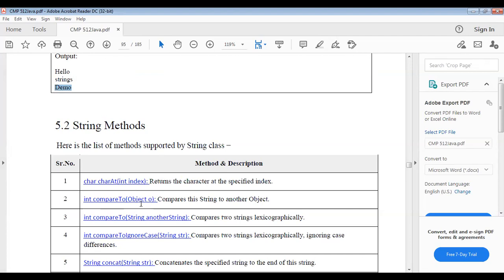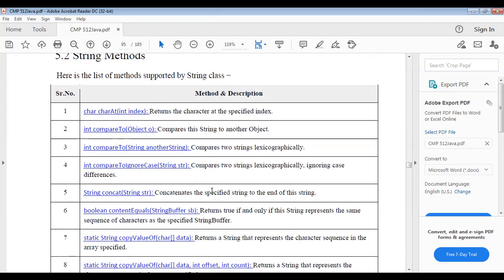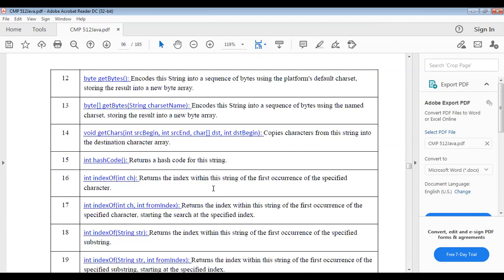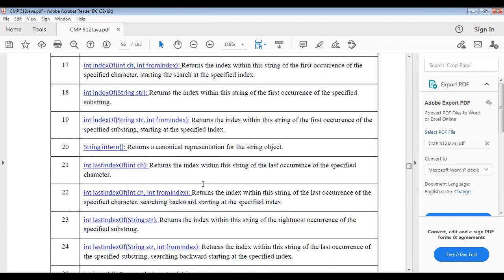Int compareTo compares one string to another object, that is, it compares both strings. Int compareTo(String anotherString) compares the two strings lexicographically. Same as an array, there are different methods.